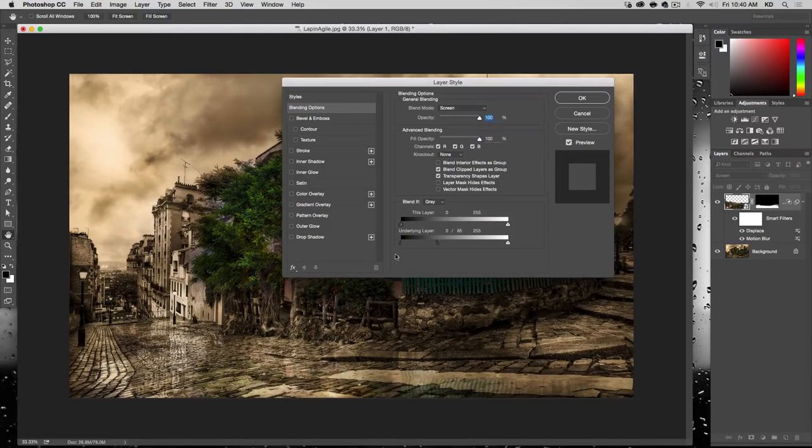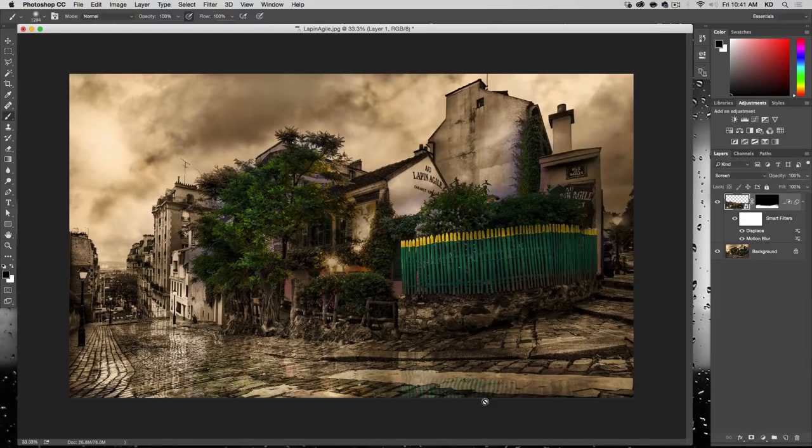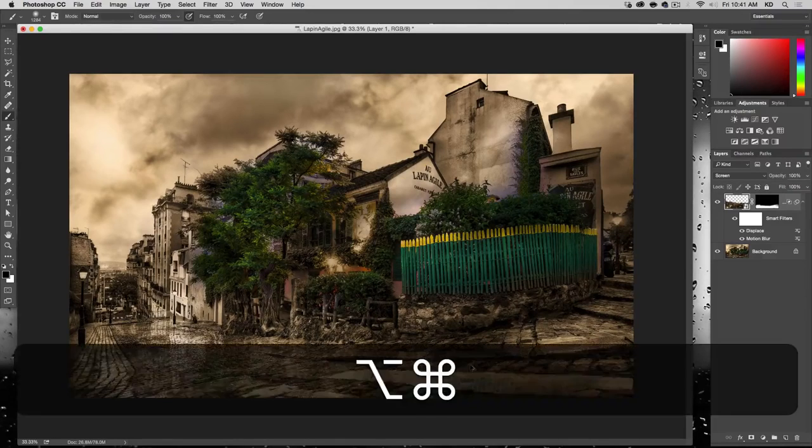You can bring this all the way down to keep that and make this gradient. So you can see basically the intensity of your reflection here is determined by how soft you want it to kind of come through. So I like it around here. It's pretty nice. I'm not crazy about this green on this white line, so either you mask it out or